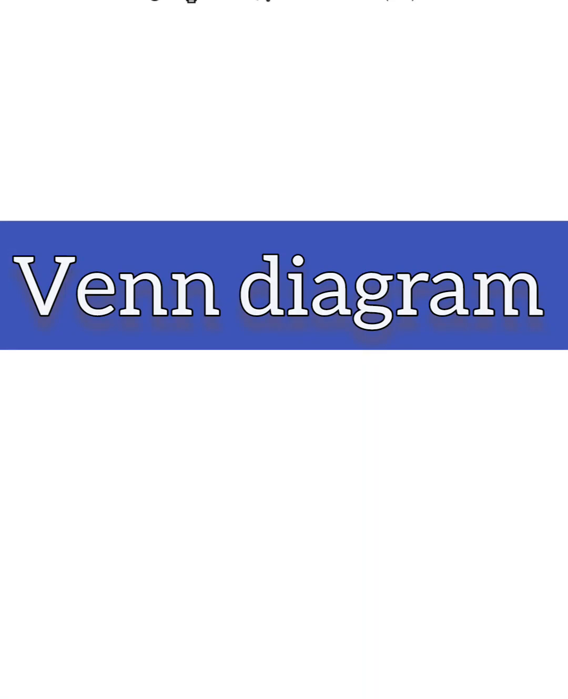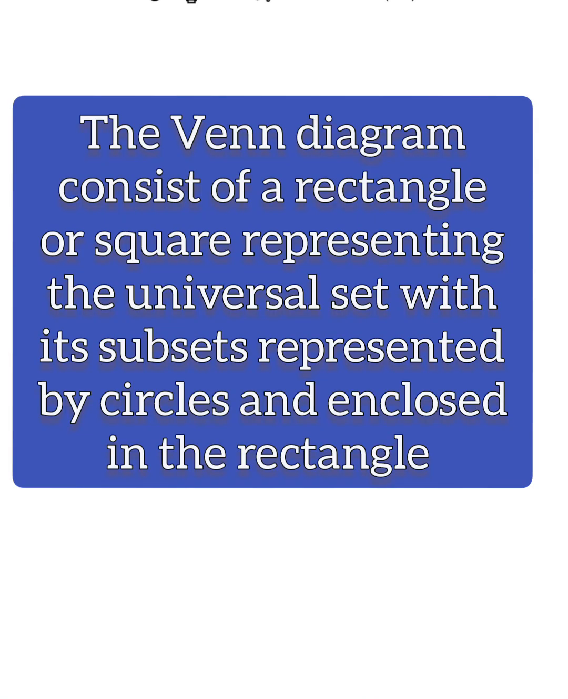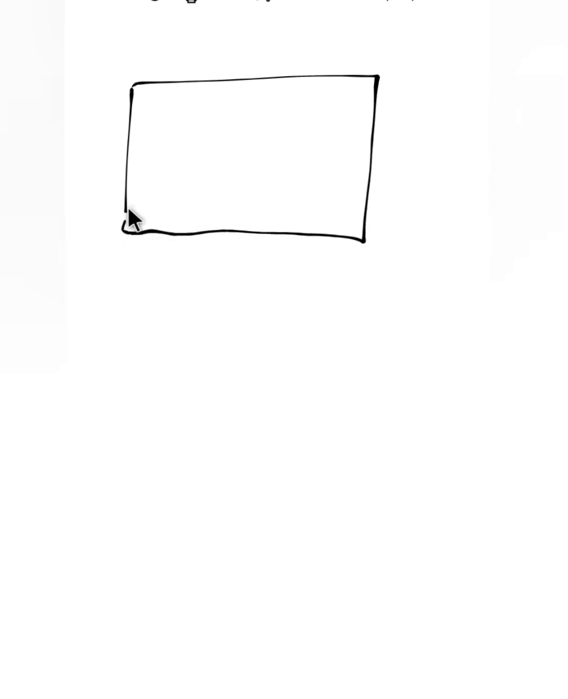Venn diagram. A Venn diagram consists of a rectangle or square representing the universal set, with its subsets represented by circles enclosed in the rectangle. Let's consider this Venn diagram. A rectangle. This rectangle represents the universal set U. Then let's work with one set A. Now, if this circle here represents set A,